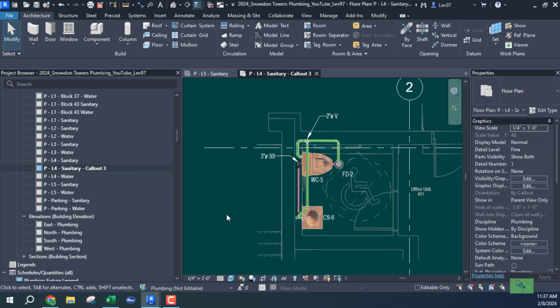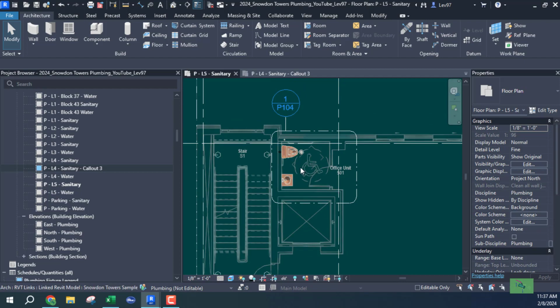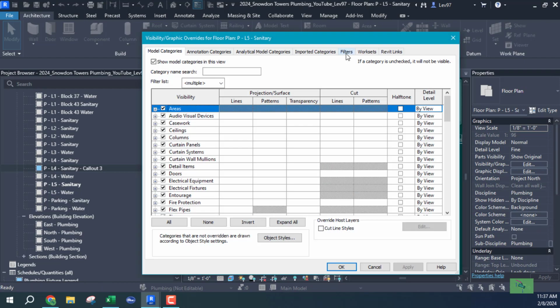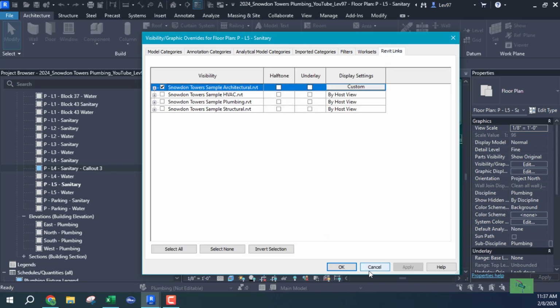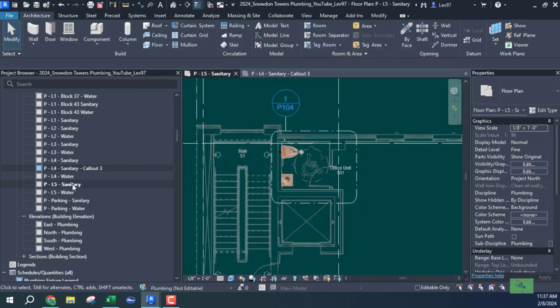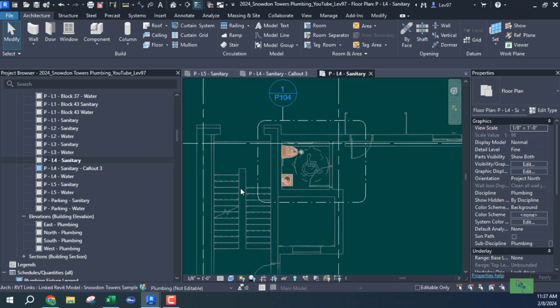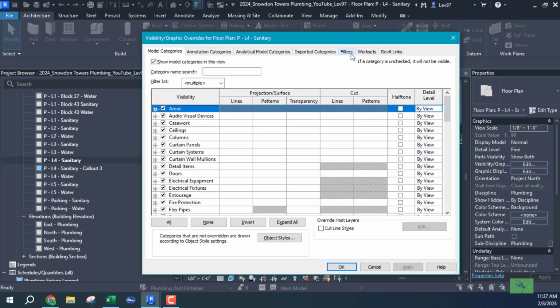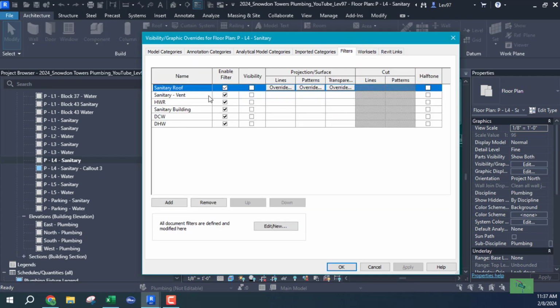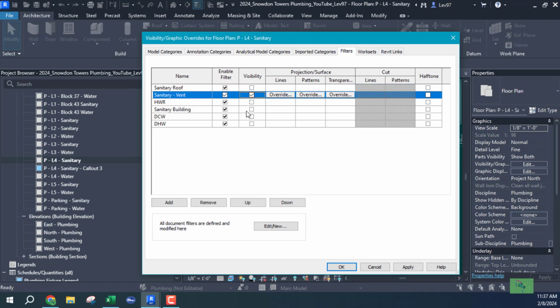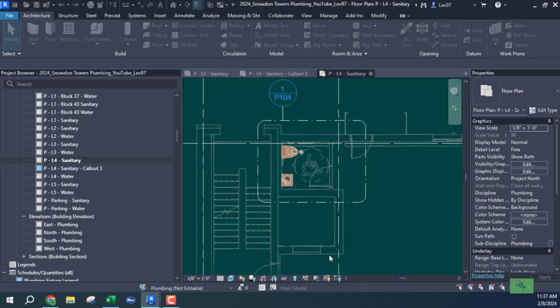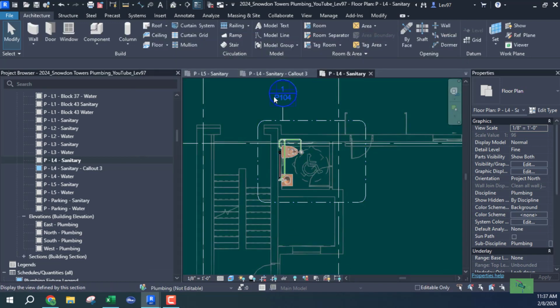If you're trying to create these callouts where the piping in one, let's say for example, I didn't want to show this piping, I'm not showing this piping in this view. Okay, so I think it's okay here. Let's go to sanitary 4. Let's see what it's doing. I might have turned off the vent and the sanitary because I want to emphasize the fact that this view and